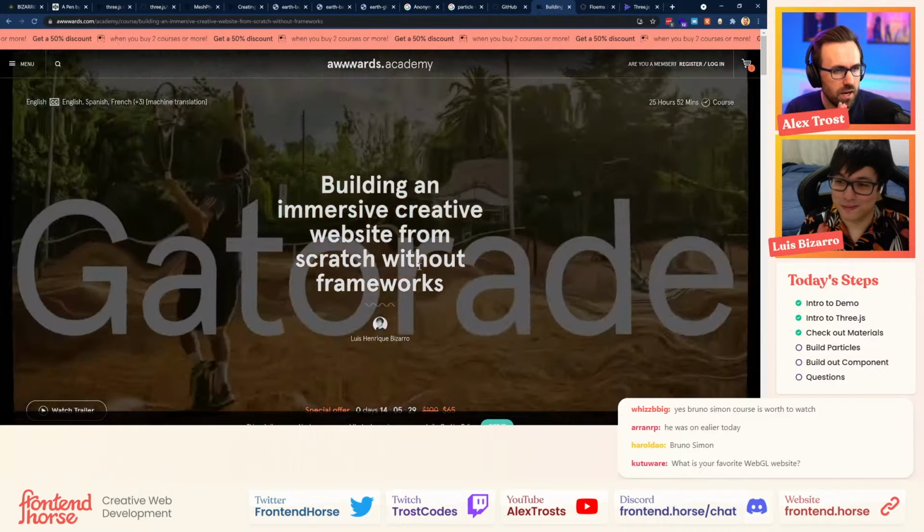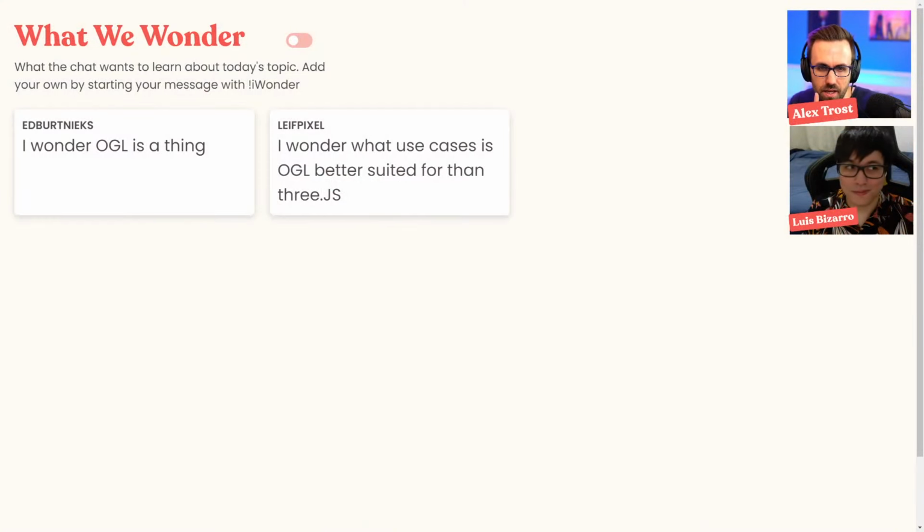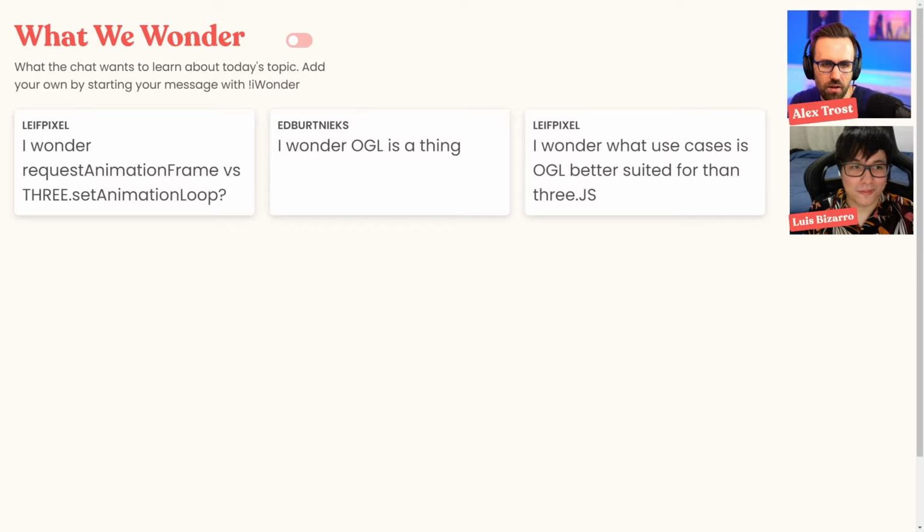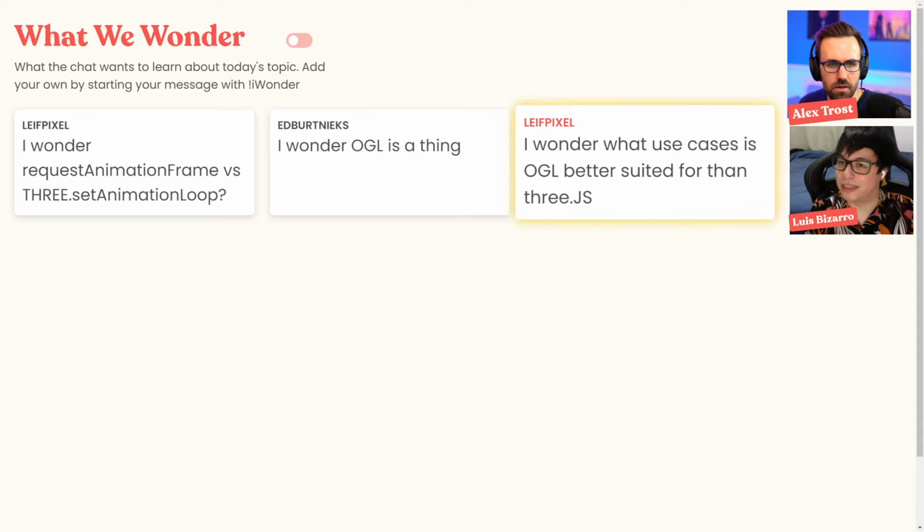So yeah, is that it? Oh yes, last thing, and OGL, super quick. Could you touch on OGL? And then Life also has a question there. What's OGL, and what use case is OGL better suited than Three.js? I usually use OGL for websites that only use plain geometries and shaders on these planes. That's the case of the Floema website. That is just images that have a different paper effect and stuff like this.